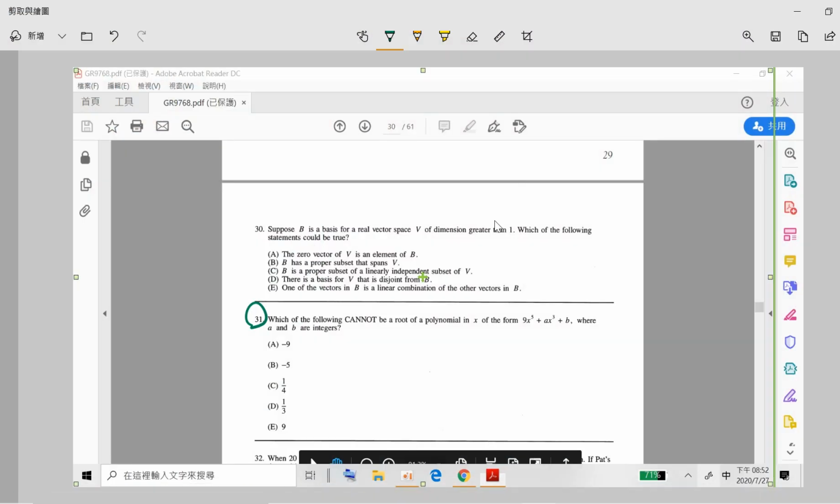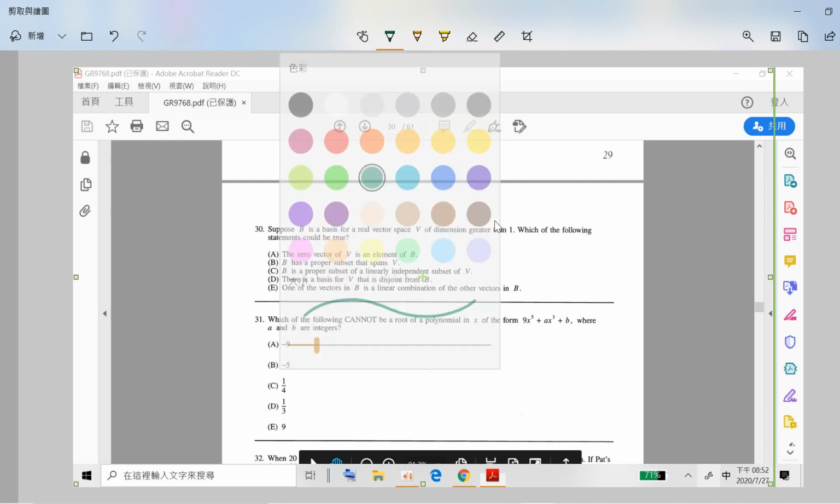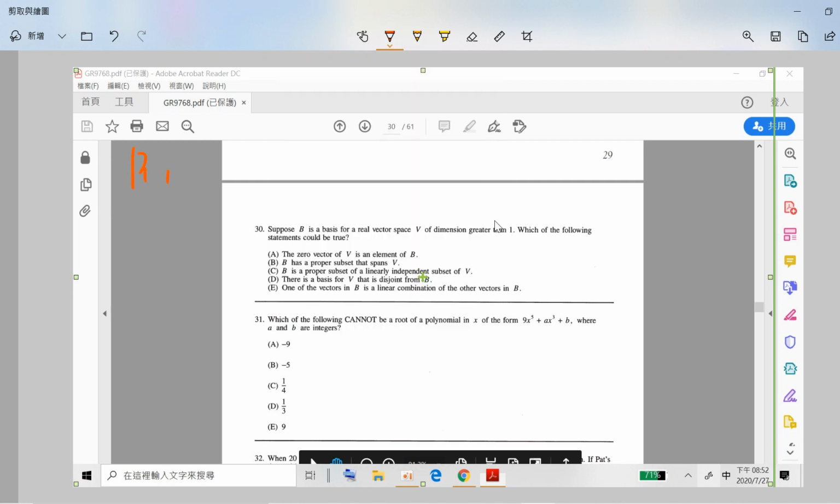So today we solve 30. So 30 means that suppose B is a basis for a real vector space V of dimension greater than 1, which of the following statements must be true. The first one is the zero vector of V is an element of B, and this is impossible because B is a basis